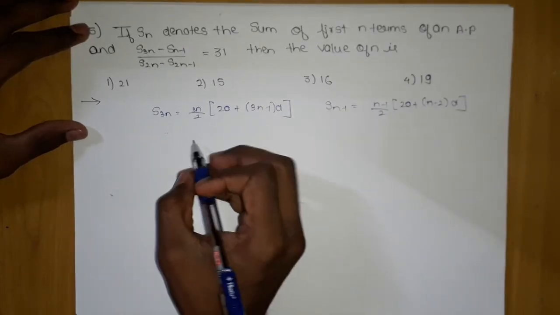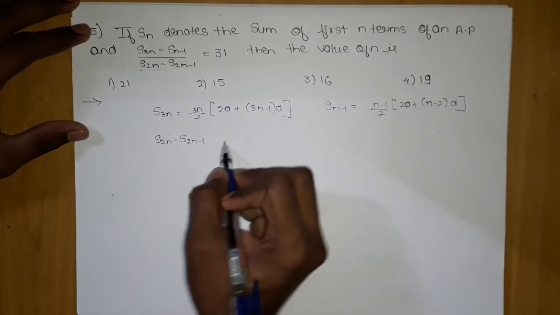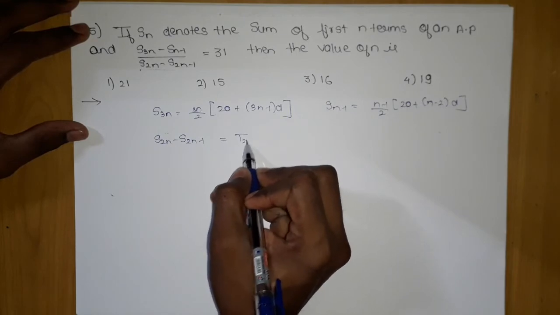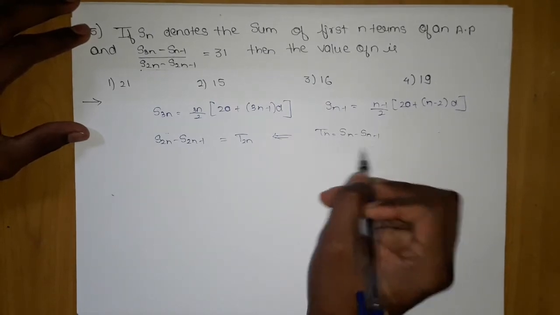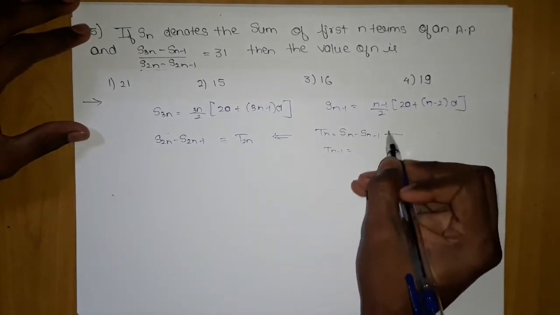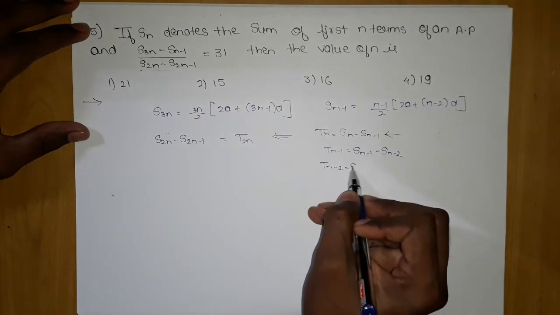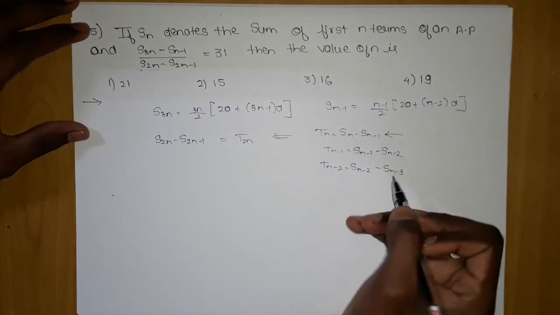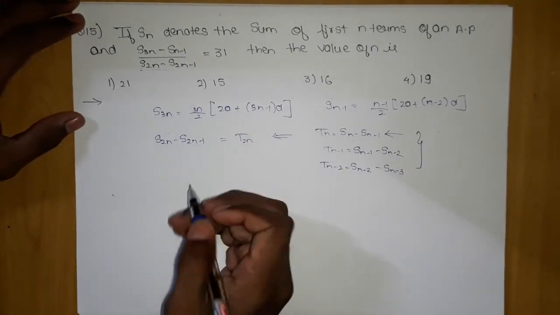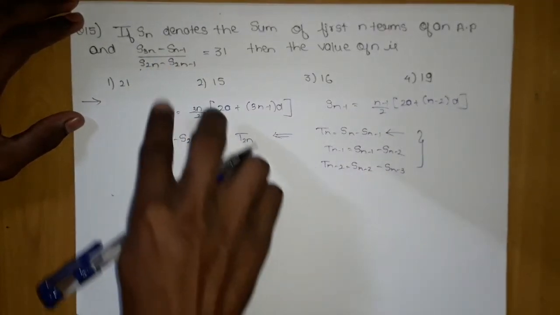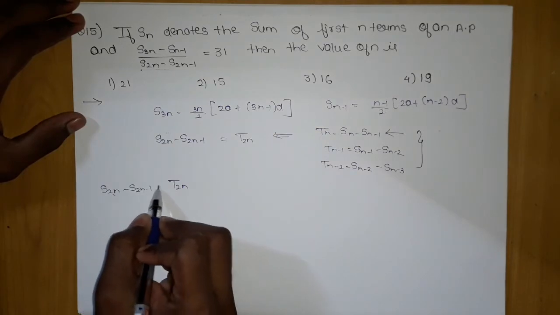Now let's subtract them. One more thing, if you have studied properly, from this formula Tn is Sn minus Sn minus 1. This is a modification of the formula. Children know this formula, but they don't modify it like this. Tn minus 2 will be Sn minus 2 minus Sn minus 3. I hope you understand what modification I mean. We used it in the previous question also. So S2n minus S2n minus 1 is equal to T2n.